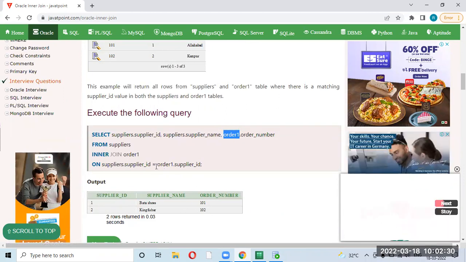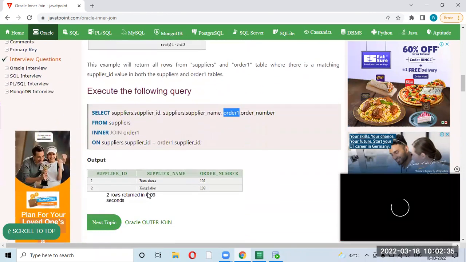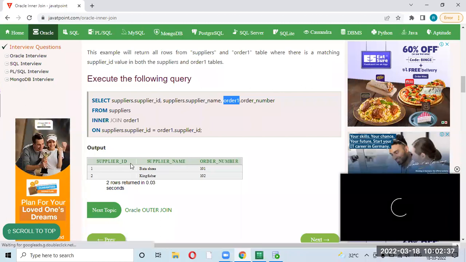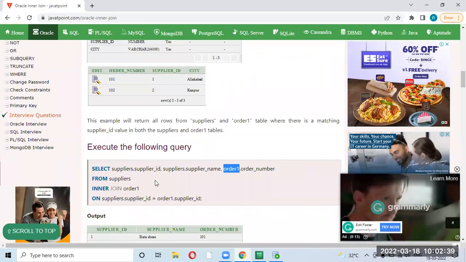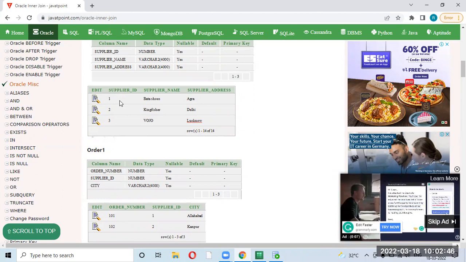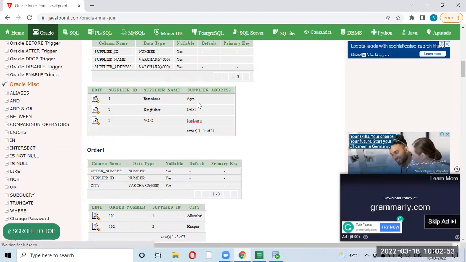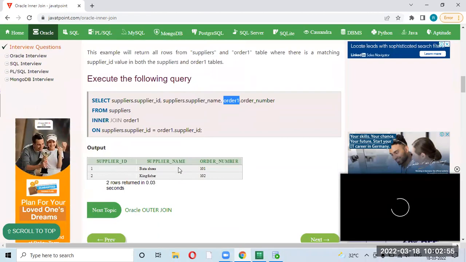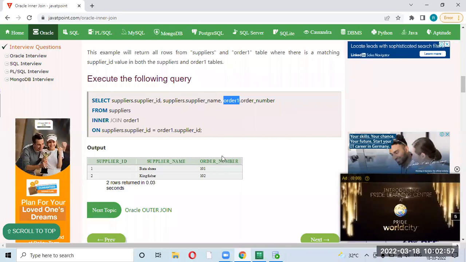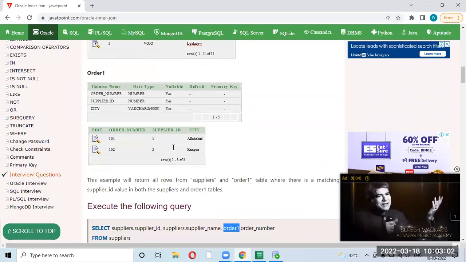It will return 2 rows. Whatever columns you are selecting within the two tables, for the corresponding record which is common in both tables, those columns will come. If I selected supplier address, then after Bata shoes I would have got the supplier address, like Agra or something.